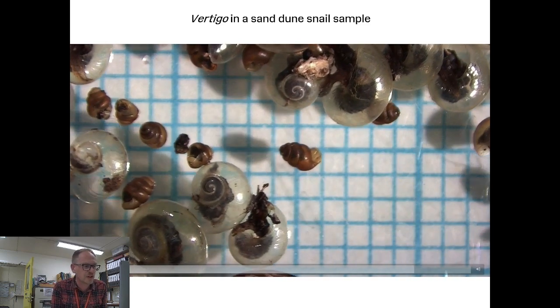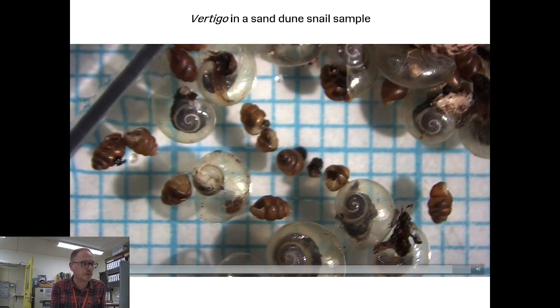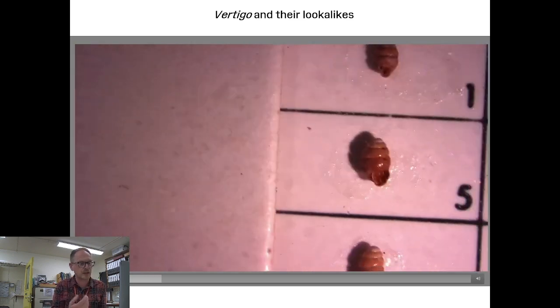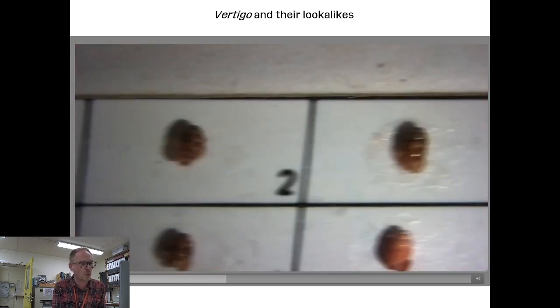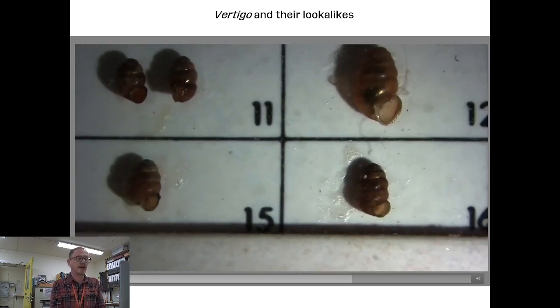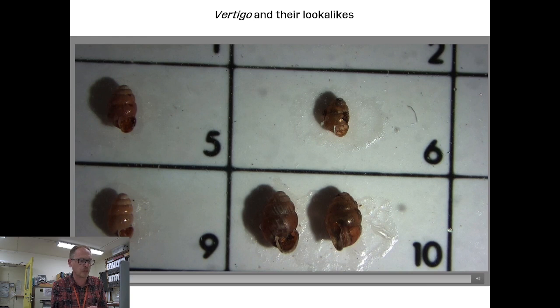And you can see a few features of it under a decent microscope like this. There are also some baby vertigos in there, which you can also survey and count too. So that's what they look like. At the museum, we have done a number of training courses on these species, and we have slides which have all the species set out, and a couple more besides. Now, if I were to go through this entire thing, then we would need a 4-hour webinar or something, and I don't think anyone wants that. So I'm just going to introduce you to the ones that you're most likely to find with them, and that are most often mistaken for the target species.